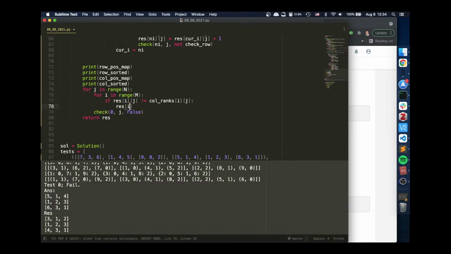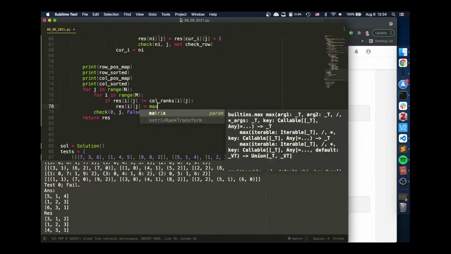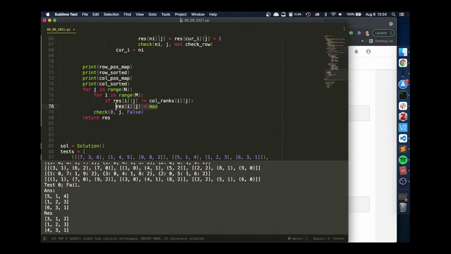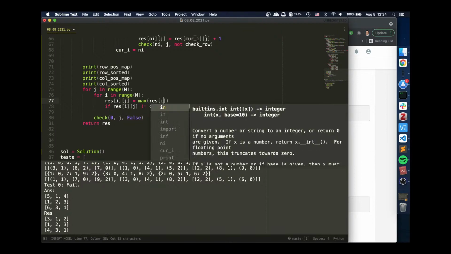Then res ij will always take the maximum, the bigger one. Because if this is small, this is bigger, so this one will be the maximum. Okay, we can just say res ij equals max res ij